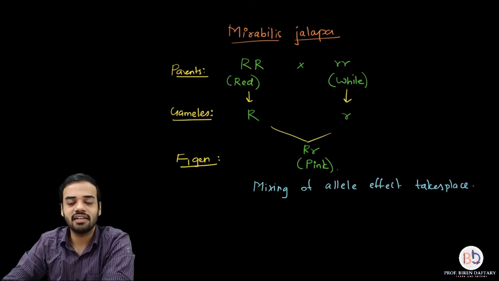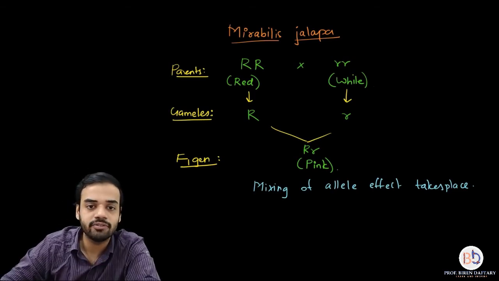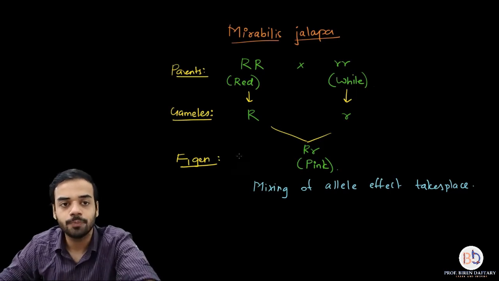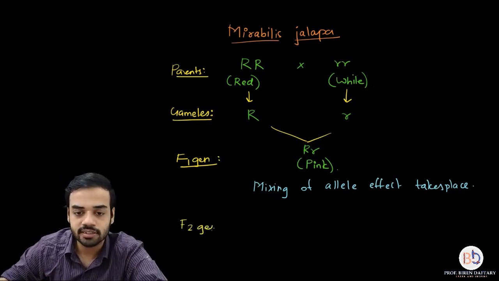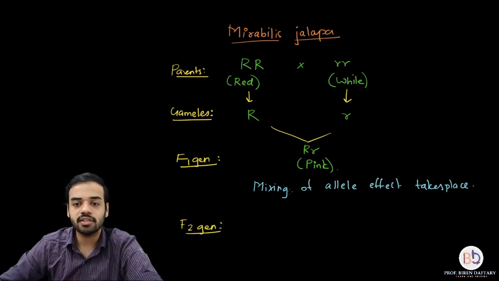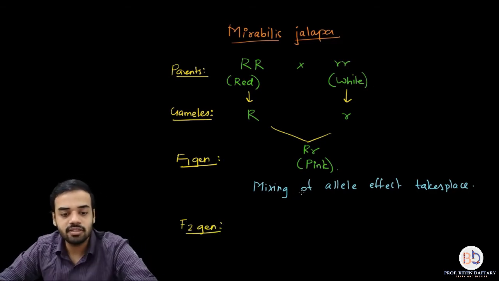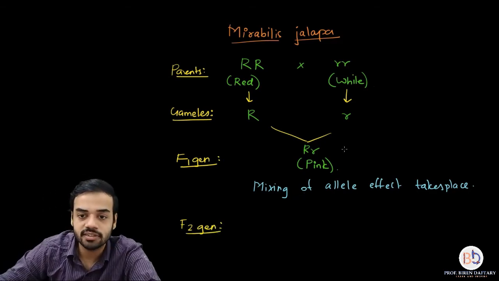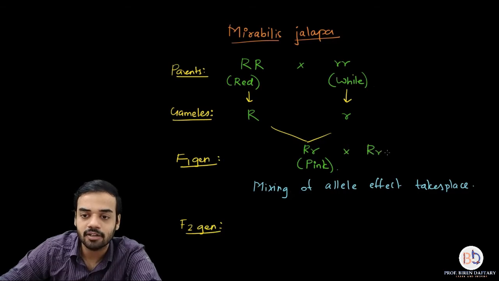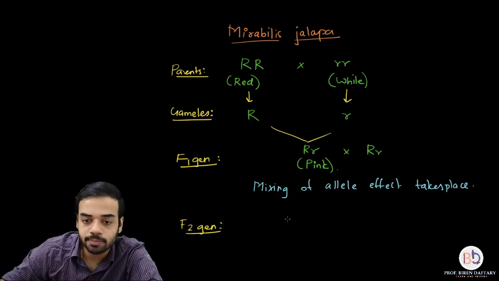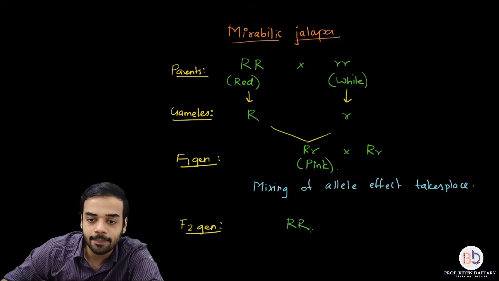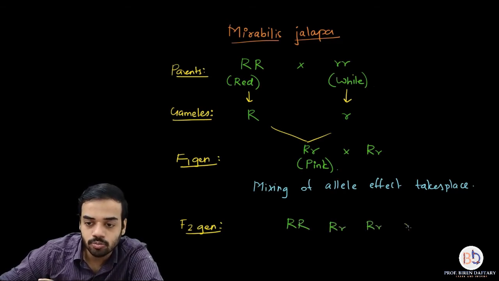I am directly going to write down the individuals of the F2 generation. So let me write down over here F2 generation. Okay, so F2 generation, if you see, that means you are going to cross this capital R small r with capital R small r. Okay, you will get basically 4 offsprings which are going to be capital R, capital R, capital R small r, capital R small r, and small r small r.